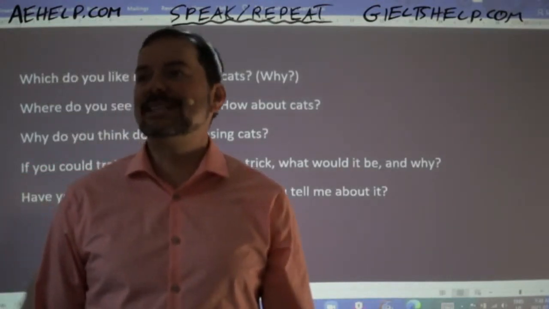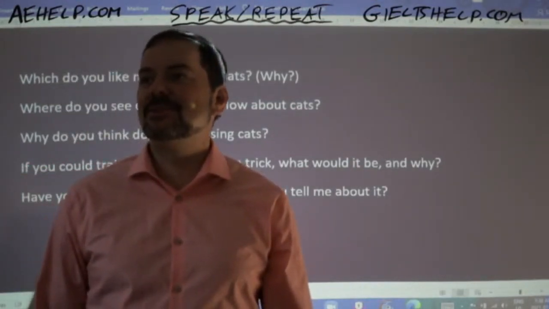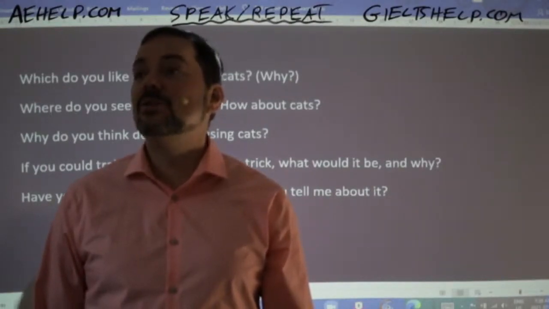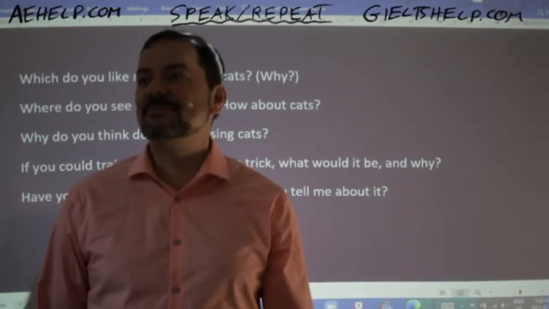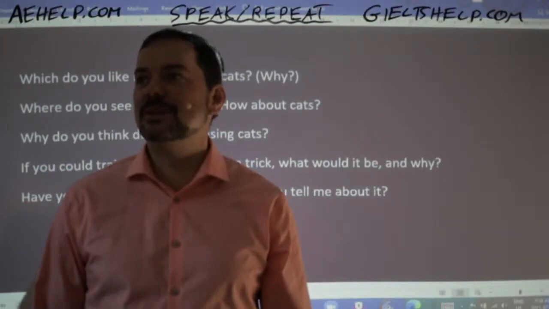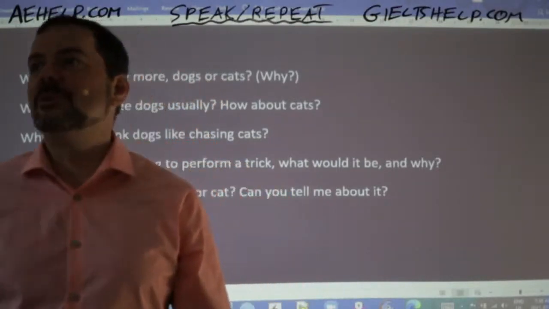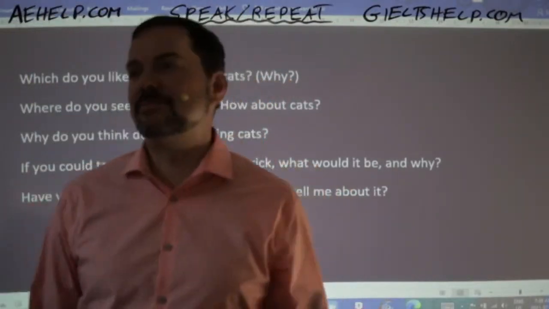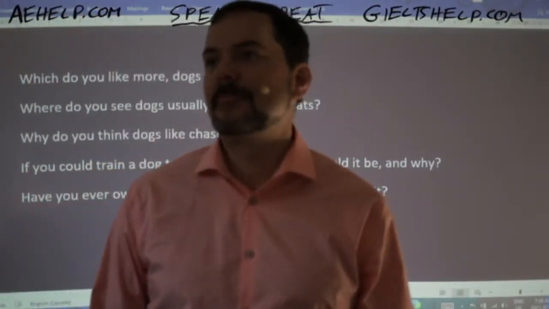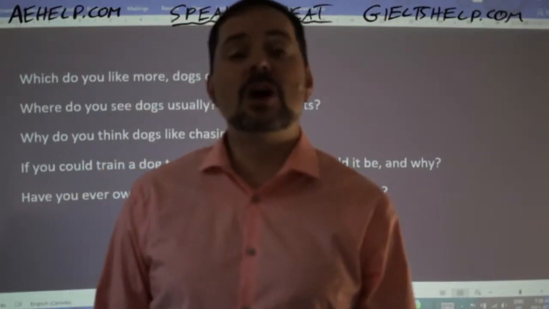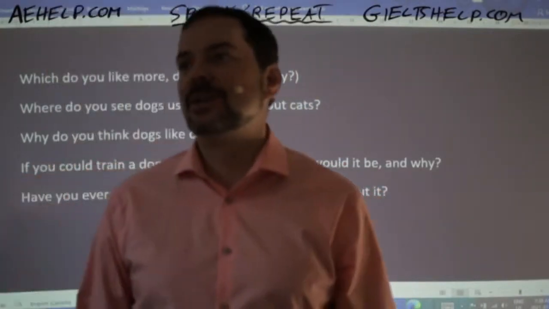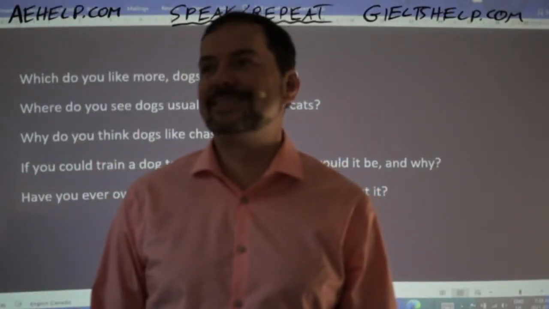Okay, Pritam Roy says, I like dogs over cats because I feel dogs are cuter, more helpful, and more loyal. And the most important factor about dogs is they never betray their owners, just like humans. I don't know about humans, Pritam, but unlike humans, right? Humans tend to betray each other probably more often than dogs do. Okay, we say that dogs are loyal. They're very loyal to their masters, so they're man's best friend. Okay.